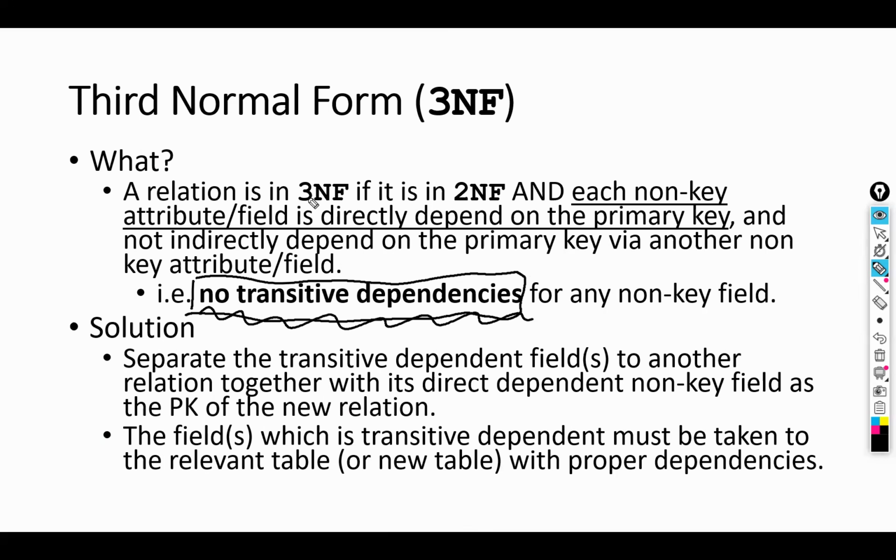Right. A relation is in third normal form if it is in second normal form and each non-key attribute or non-key field directly depends on the primary key. Directly, the word directly,